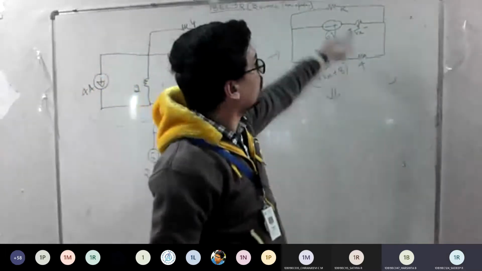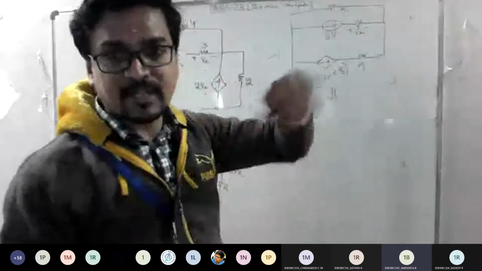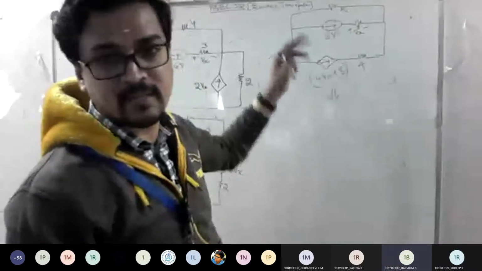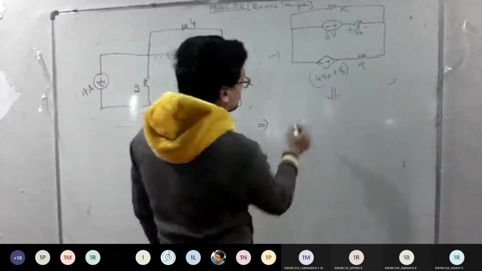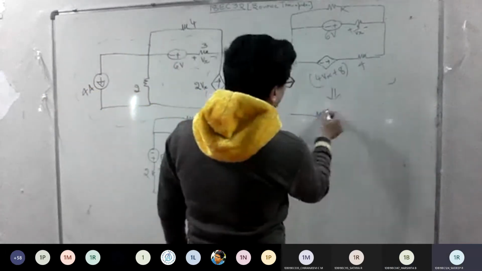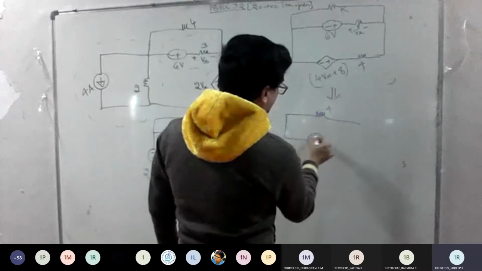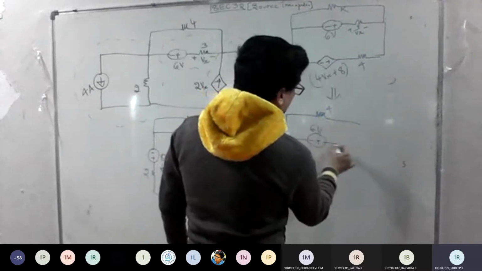Yes, sir. If you convert this, that 4 and this 4 become parallel, then again convert back to voltage. So we'll get one single mesh. That is the logic, right? Convert this to a practical current source. Tell me what's the answer. So 4 is there. I've written this as it is. So 6 volt.